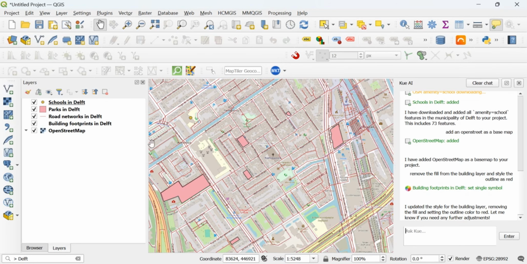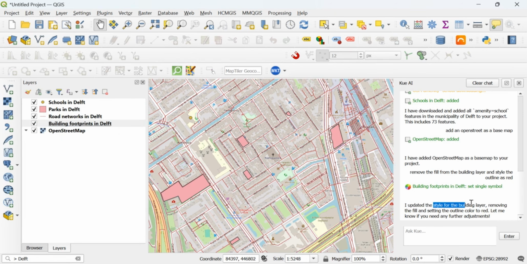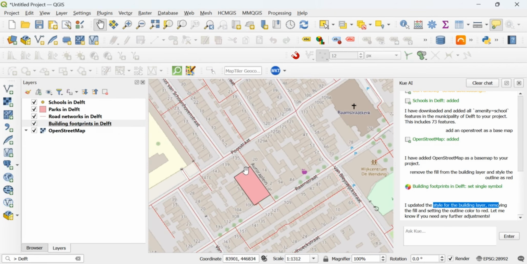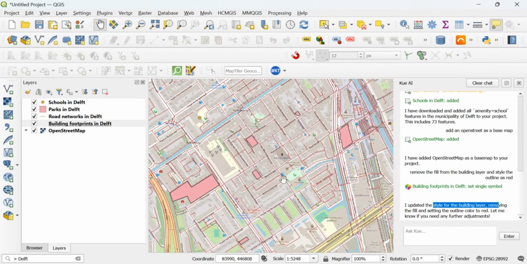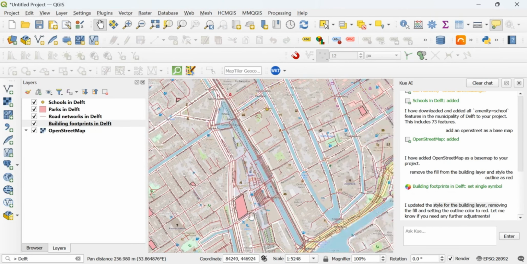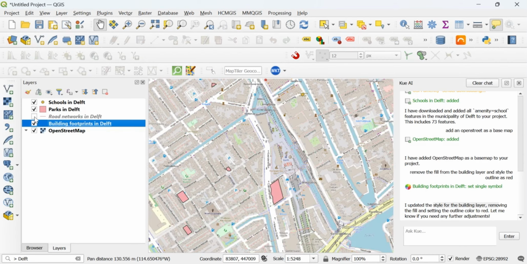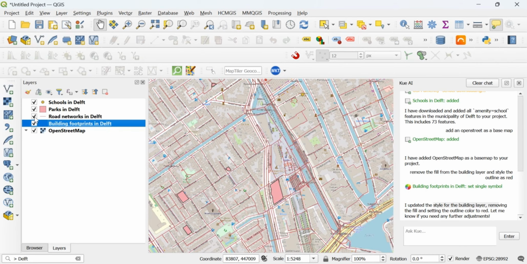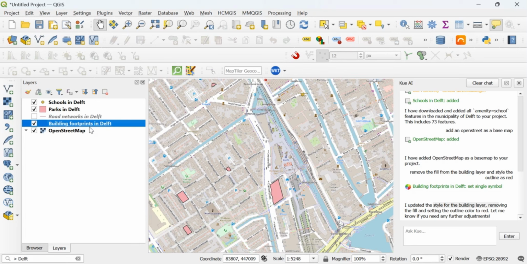You see that it did it, but it didn't do a very good job here, I would say. It said it's updated the style for the building layer, removing the fill and setting the outline to red. But we can see that that didn't work properly.